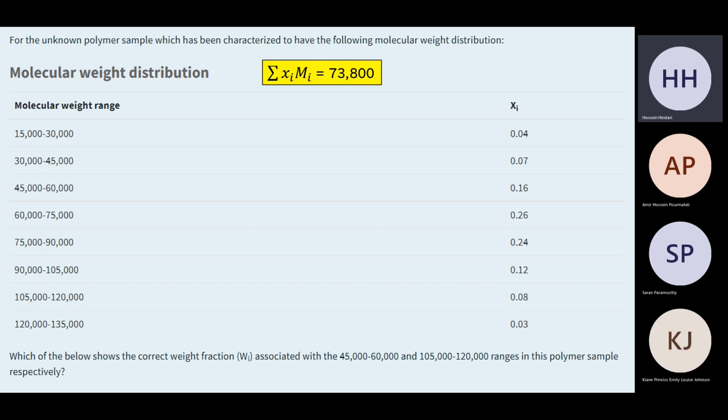If your distribution is no longer normal, so it's like that, where the smaller molecules are taking the massive chunk, I said that doesn't hold, right? The fact that weight average is always greater than number average only holds if your distribution is normal, right? So, yeah. Okay, so that makes sense. So that's just something to give you a little bit more clarity as to what each of these averages mean, the individual meanings.